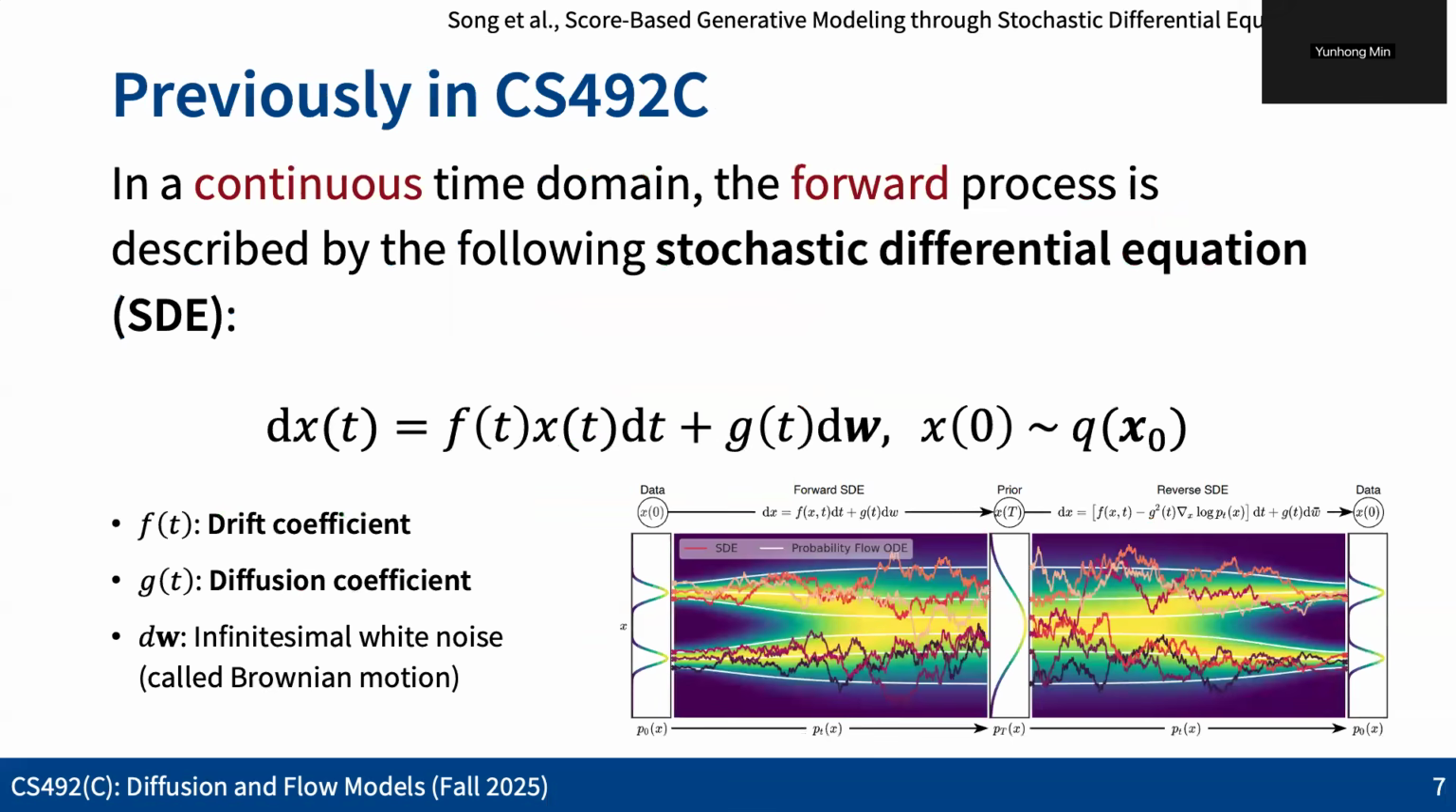So what I briefly mentioned last time is that basically in the continuous time domain, the forward process of diffusion models can be formulated into this type of stochastic differential equation. So basically, you can see that this is one type of differential equation in which the function xt has its first derivative represented as a linear function of the term itself. But we also have this term, which is basically injecting some sort of